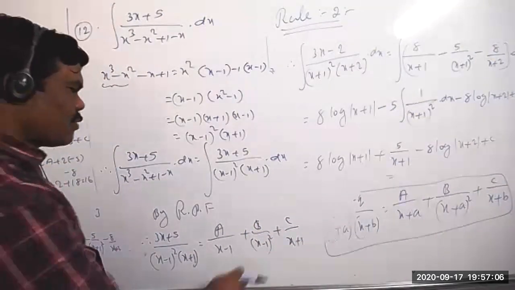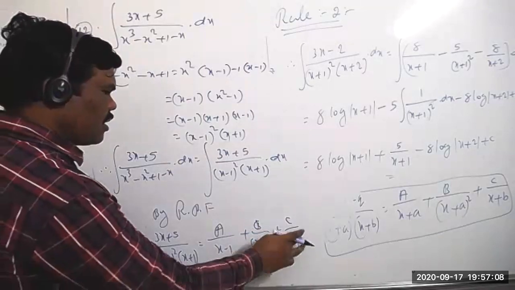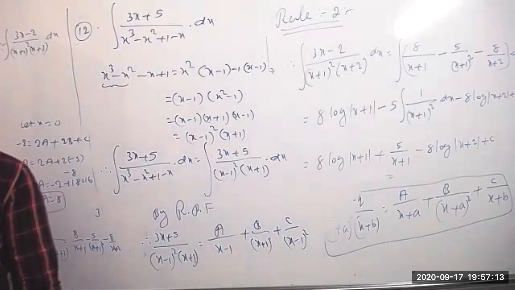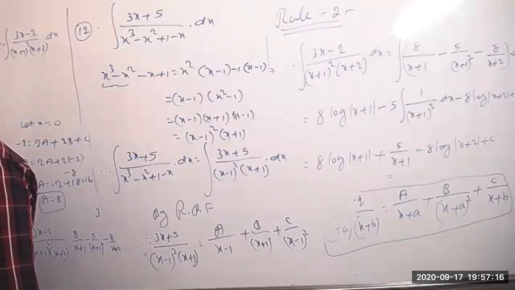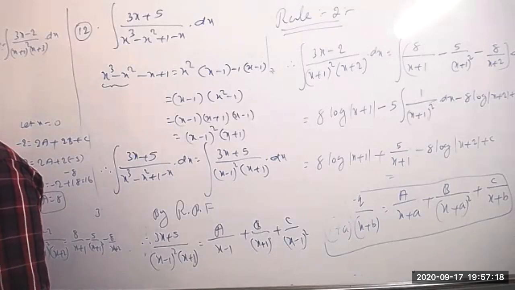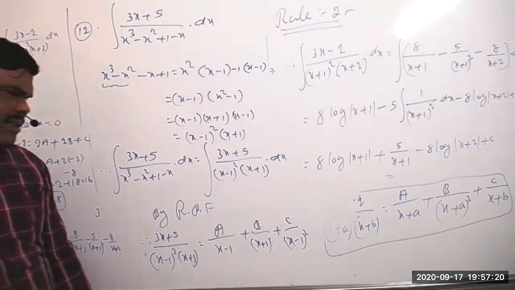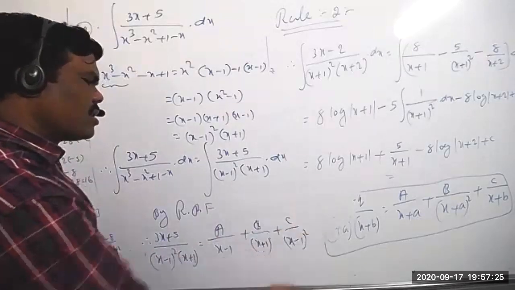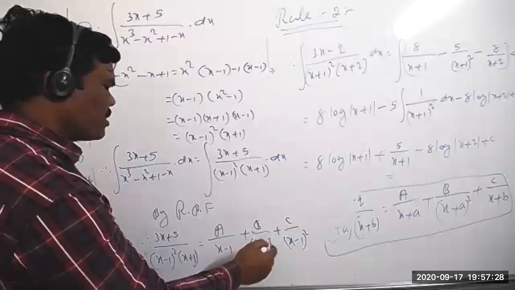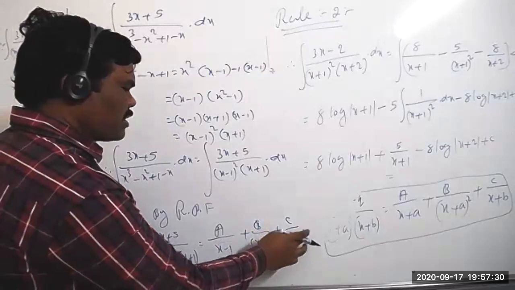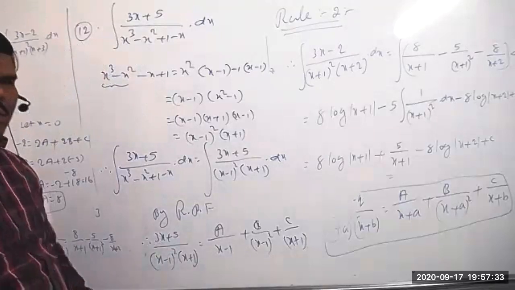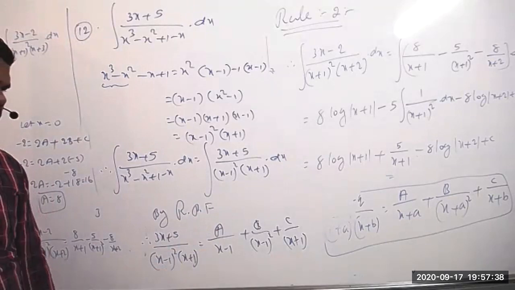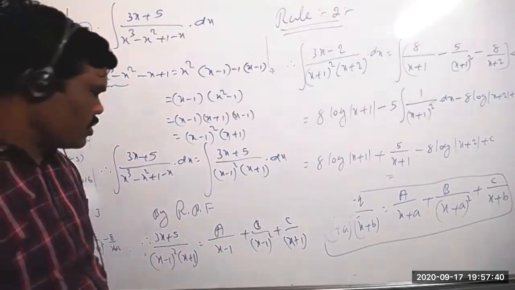Or else if you want, you can take one more way also. This is you can take here x plus 1. This is you can take here (x minus 1) whole square. Anything you can take. Not a mistake. It will be same. Okay. It will be same thing only. Anyway, that is your choice only. Either you can take here b by (x minus 1) whole square or c by x plus 1. That is your choice. Okay. Because maybe some students will get confusion there. Sir, why do we have to take only the repeated factor in the second? Maybe you'll take it third. Yes, if you want, you can take it. Then you can follow the procedure.